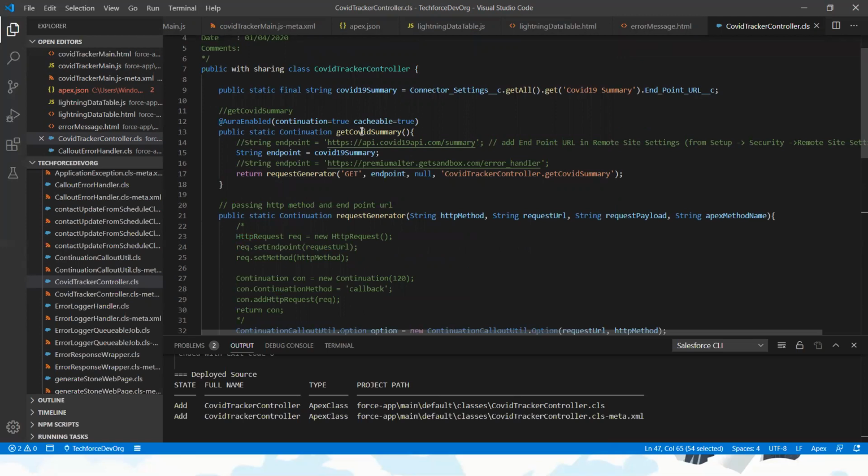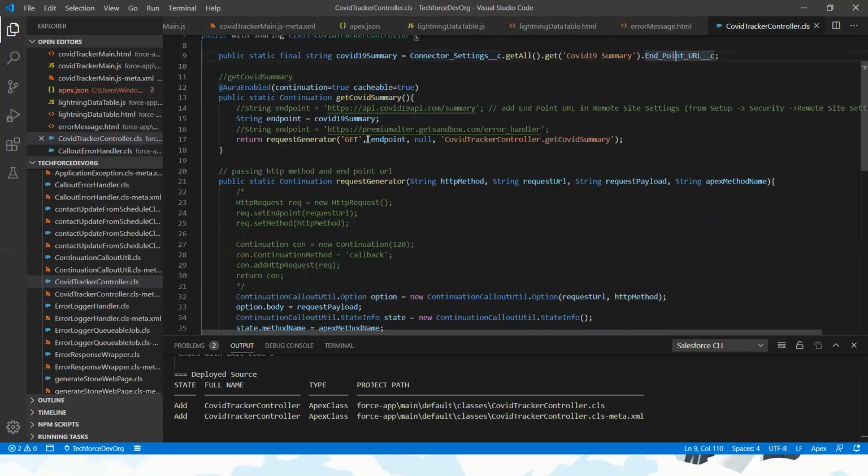See, this is the method called from the LWC controller. This is the endpoint URL, captured from the connector settings, which is one of the custom settings. We stored the endpoint URL in the connector settings. Here I'm passing the GET method, the endpoint URL, and the Apex class name with the method name, which will be captured for error handling purposes.